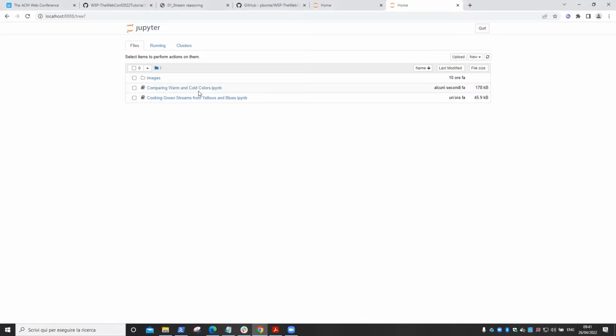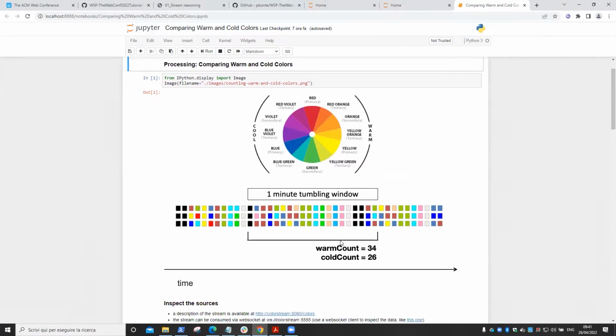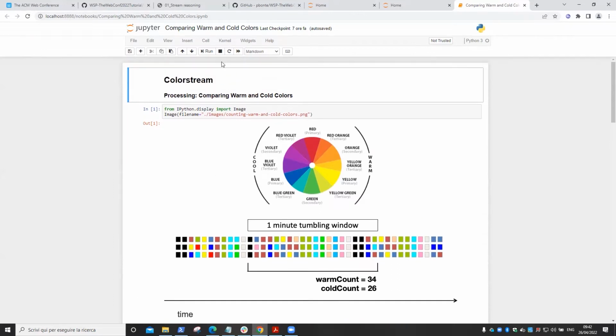And in particular, in this notebook, let me open it. We will see how to create a window with a given time span. And in this window, we will ask to count all the warm colors and the cold colors. How we can distinguish if a color is warm or cold, we will base our reasoning task on an ontology, which is already available. So starting from the execution of the first cell, where you can start here,